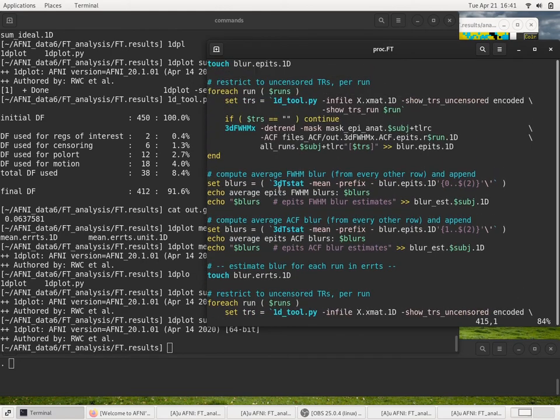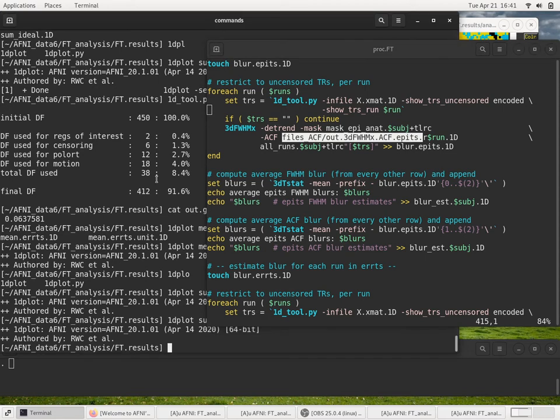We compute the residuals per run because we'd rather not cross run boundaries. This is a little odd, but we actually do detrend this at a higher degree than 3dClustSim used, and again, we'd rather not cross run boundaries with that. It also keeps the polynomials much smoother to be shorter units across individual runs. Anyway, then we compute the ACF parameters and we store them in these